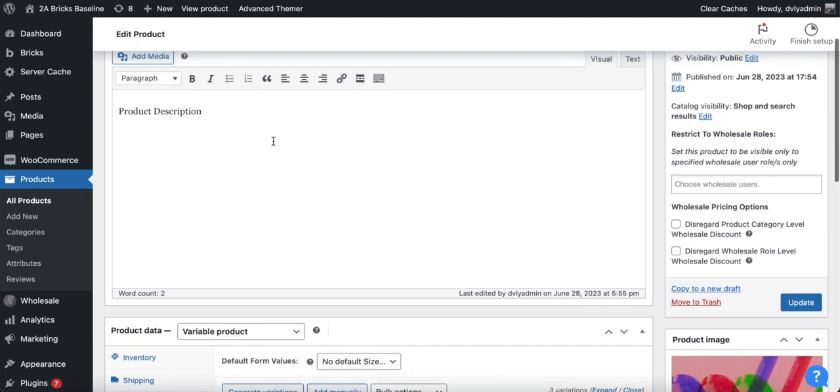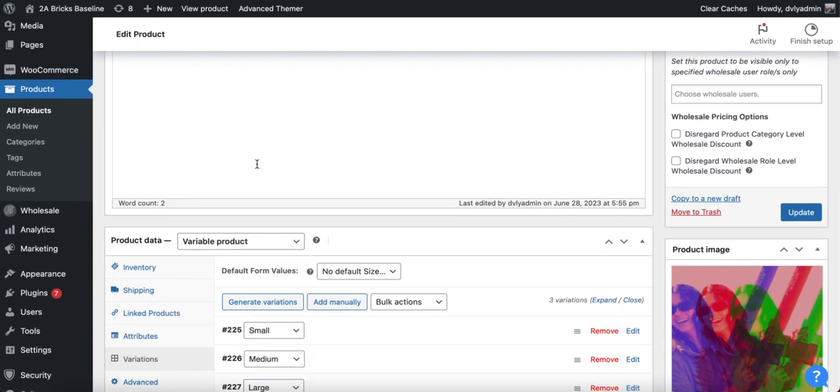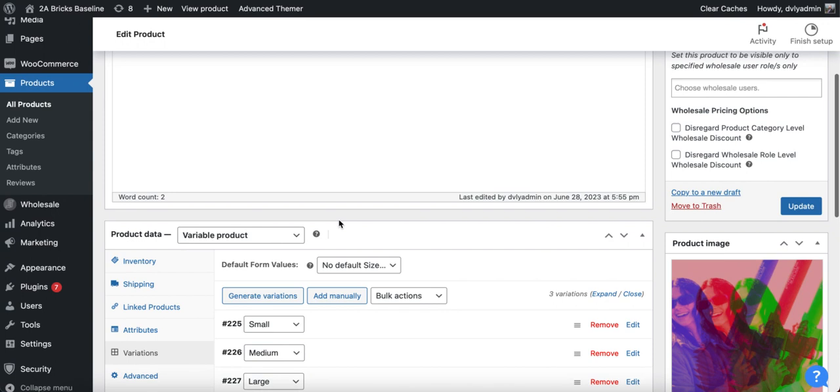So that's how to set universal discounts, discounts on particular product categories, and discounts on individual products. Lastly, we'll look at how to approve wholesale customers. Because when customers apply to be a dealer or a wholesale customer on your website, you will have the opportunity to approve or deny that application before they get access to your wholesale pricing. So once they submit an application, you'll get an email prompting you to confirm or deny the application, and you'll be able to do that directly from that email, but you can also do it from here in the admin